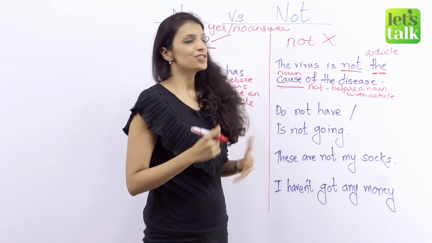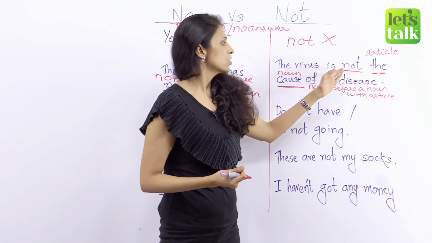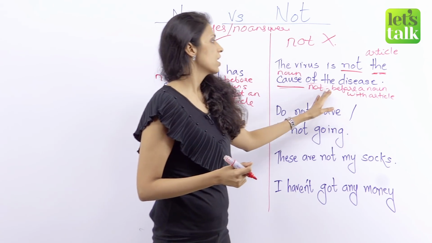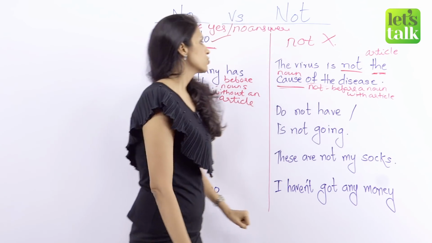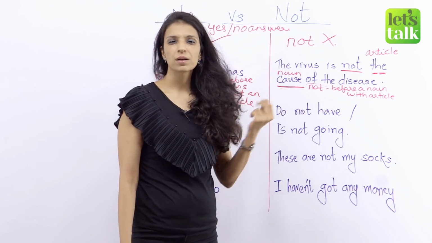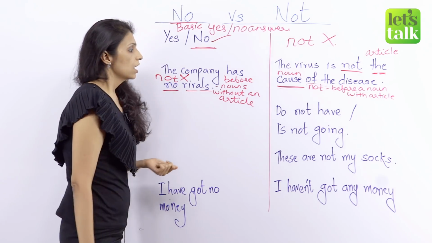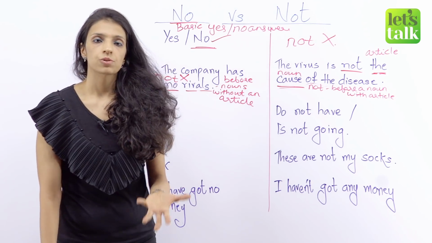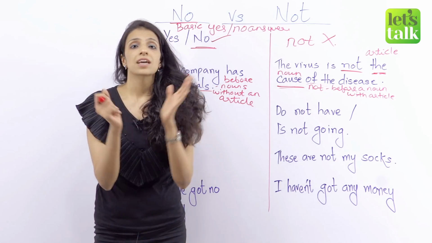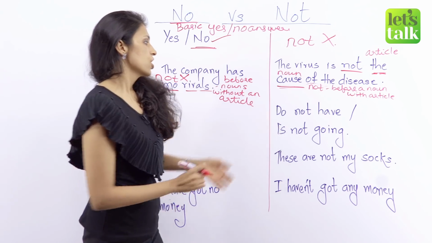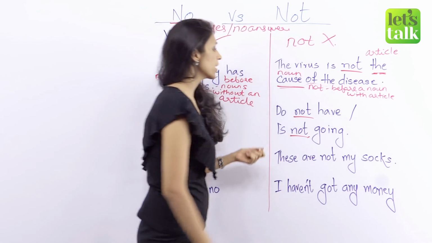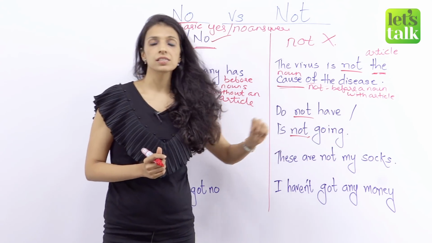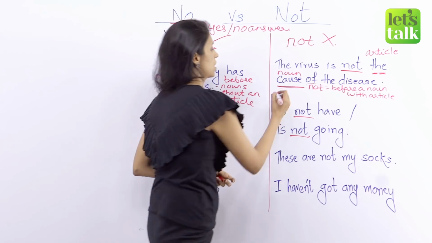So friends, remember, it is not correct to say the virus is no the cause, because it would not make sense. Use not before a noun with an article. So remember these basics, these are quick, basic, easy rules. Now, when you put a verb in negative, like I'm not coming, you're not dancing tonight, use not. Like I do not have a pen, he is not going to the mall tonight. So use not because not